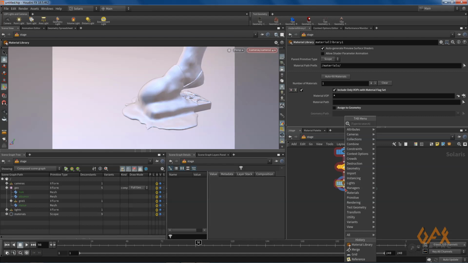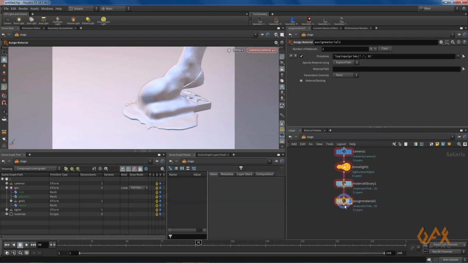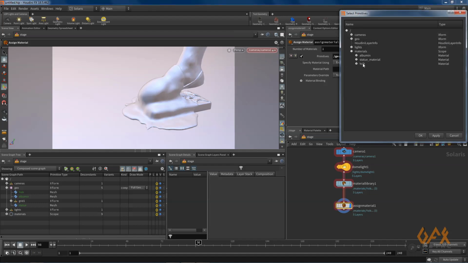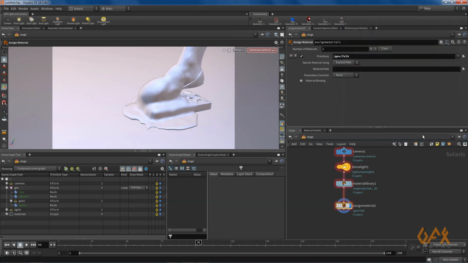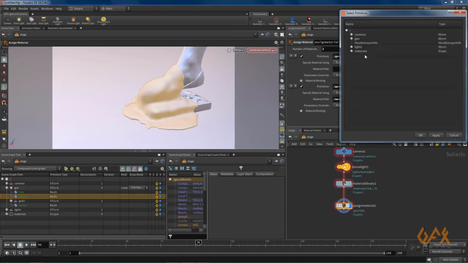Now I define an assign material node. Over here you define primitives like yaw, then click, go to material and define the yaw material. Create one more for the albumin and define its material.